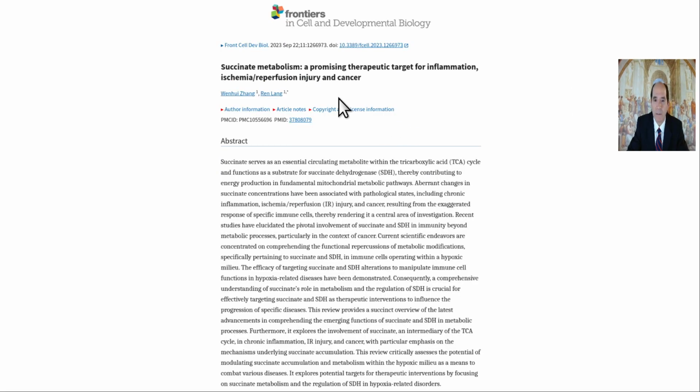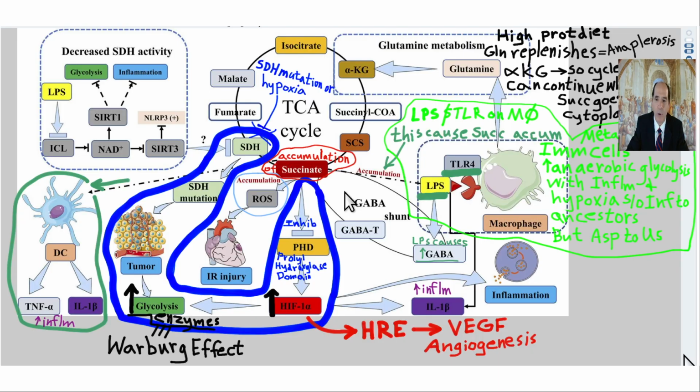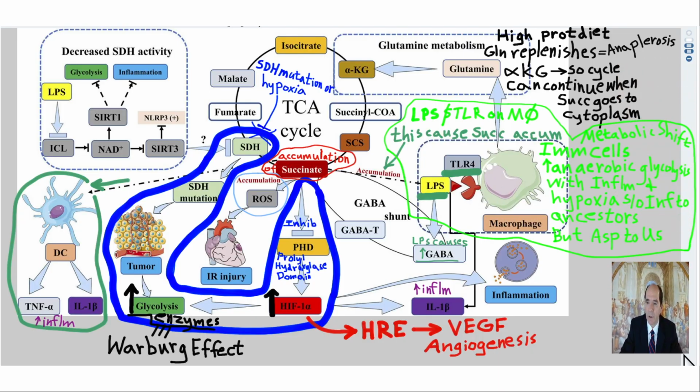Okay, so here's a paper about succinate. Succinate metabolism related to inflammation, ischemia. Okay, it does a few things. We're not going to go into all this, but I just want to show you a couple things about succinate. So when succinate accumulates, it activates immune cells, and they also activate it when they're activated. So it's a back and forth communication because it's functioning as a signal message. Okay. So again, if LPS bacterial endotoxin binds a macrophage, it'll then cause accumulation of succinate, and that can interact